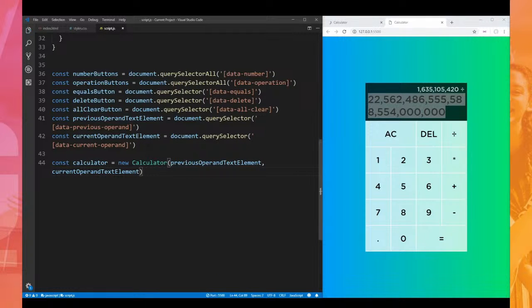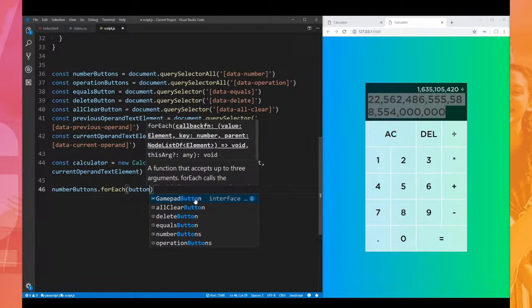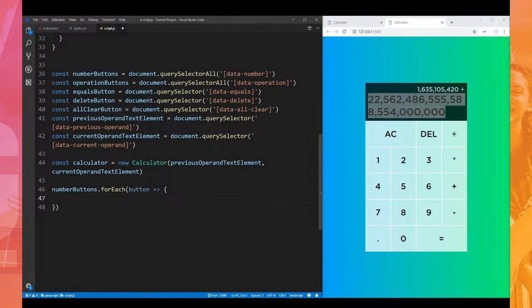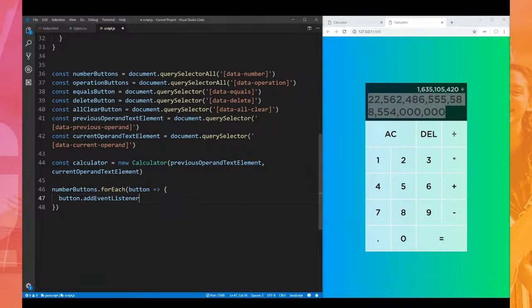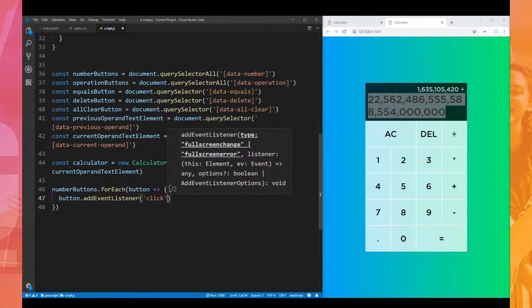Now that we've passed those elements in, we can actually use this calculator object. So to first use it, let's go with our number buttons. We're going to select our number buttons. We want to say for each, because we want to loop over all of these different buttons. And for each one of these buttons, we want to add an event listener. So we can say button.addEventListener, and this event listener is going to be whenever we click on the button, we